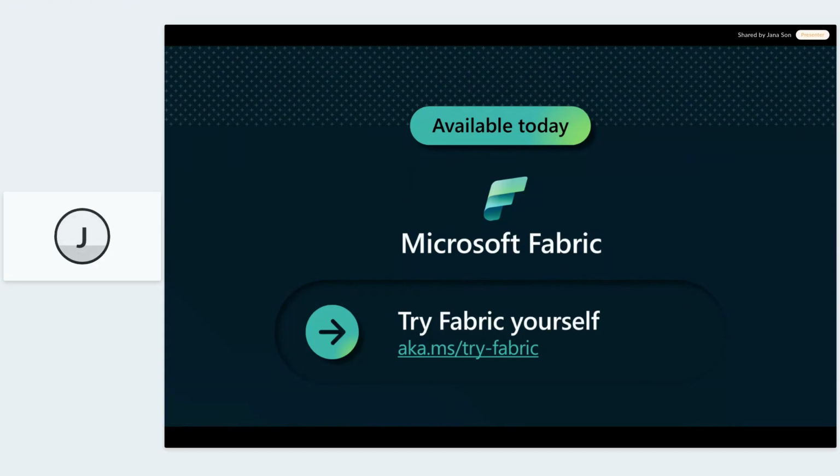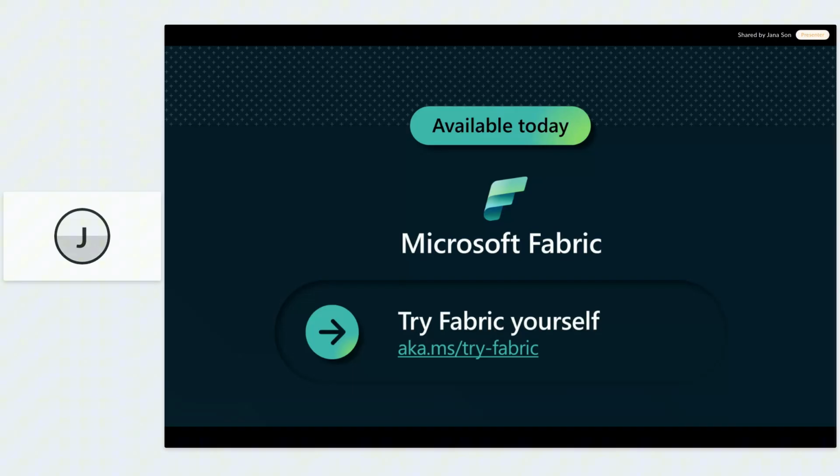There's a certain threshold for each tenant and customer in Microsoft in terms of how many trials they can activate at the same time. But it varies customer by customer, so we cannot tell you how many exactly you will have, but they are per user trials, so normally it's at least a couple of them available for each organization.